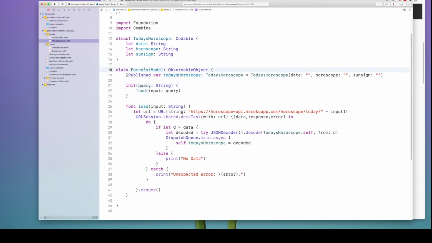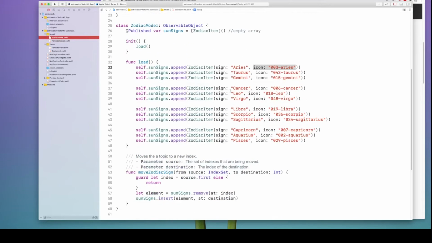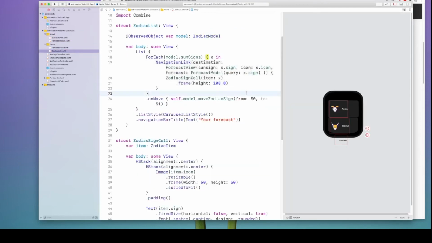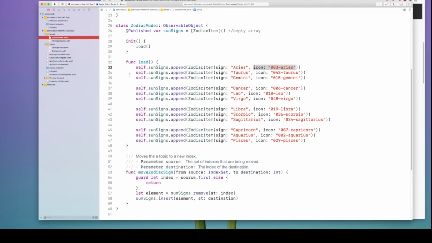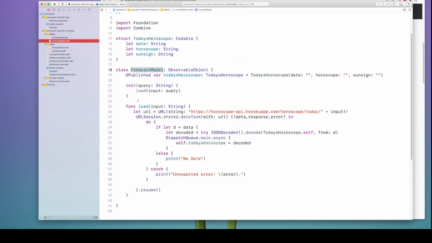When I initialize this forecast model, which I'm going to show you here in the view, I'm calling the query parameter which we just discussed and passing in the sign of the zodiac. For example, here the sign of zodiac is Aries or Taurus, whatever you select. Once you select that, it's calling the forecast model, which is invoking this endpoint here.